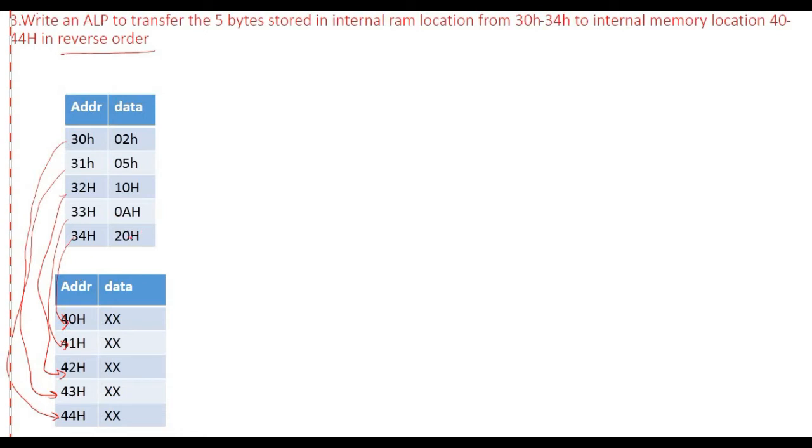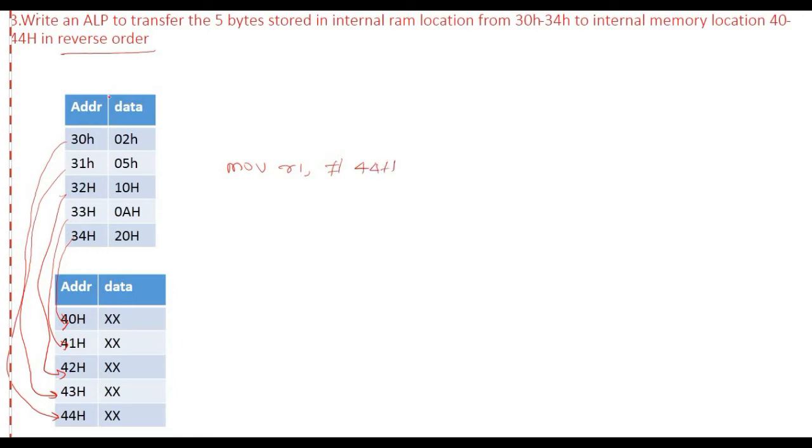This is almost similar to the first program, only the destination pointer differs. Because the first data needs to be transferred into 44H, the destination pointer should be initialized with 44H.